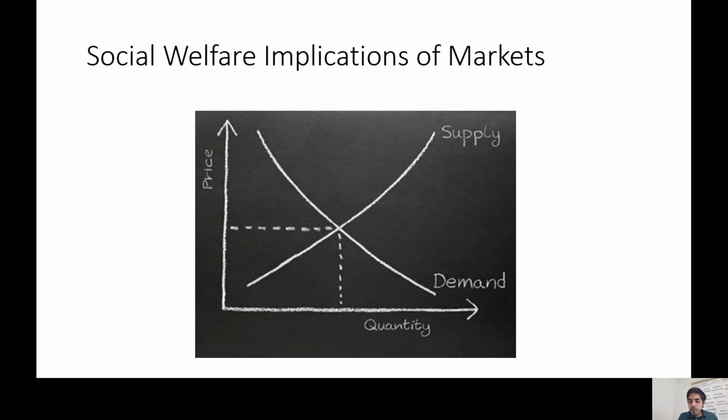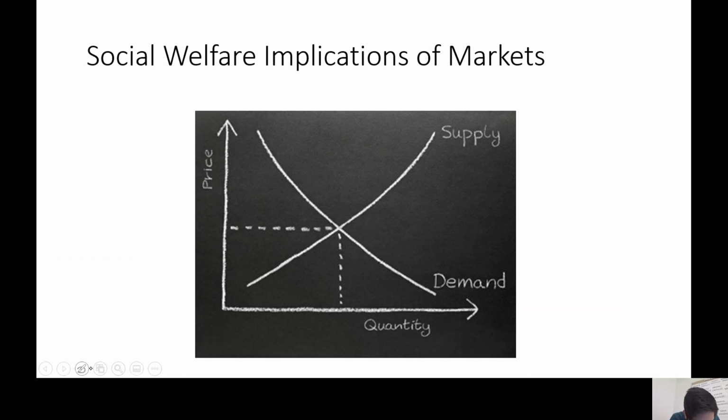But we said that markets have some special qualities, right? At the beginning of this course, especially in Unit 2, when we assumed a perfectly competitive market setting, we said that we expect markets to produce the social welfare maximizing quantity, right? Leaving the market alone, again, absent market failures, and assuming perfect competition, will produce the social welfare maximizing quantity, right? And so we can visualize it here, right?